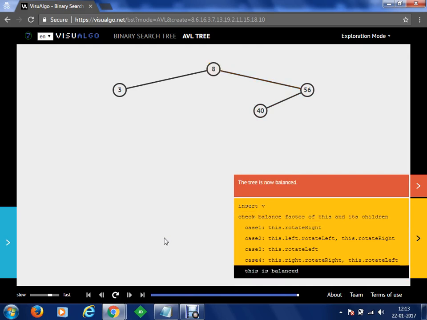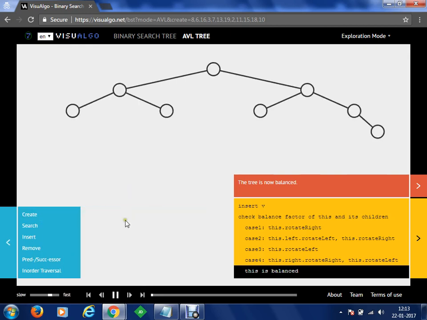So this is a basic example of a binary search tree in which every individual node can have a maximum of 2 children. Let's create a random binary search tree, and here you have an example of a random binary search tree where this is your head, your parent node, and then all these nodes are individual child nodes. Clear?